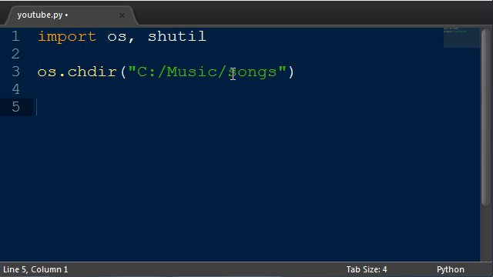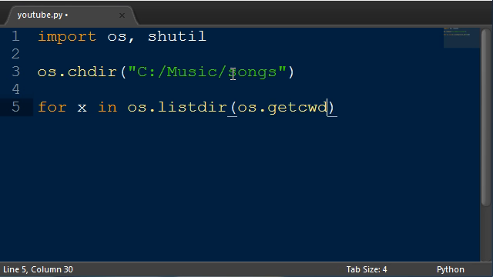And so now what we're going to do is make a for loop that will take all the names of all the files in that directory, and then we're going to do something to those. So to just get all the names, we're going to do for x in os.listdir, and then os.getcwd, so that we're getting the list from our current working directory. So now that we have all of them listed as their own variable, we're going to say if 01 is in x, or the name of it, then we want to do